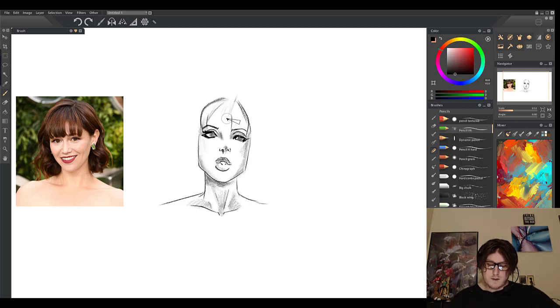So I'm trying to translate, because we're looking at two different views here. The way that my view is, I'm just getting inspiration for a hairstyle. So I'm going to go ahead and put,